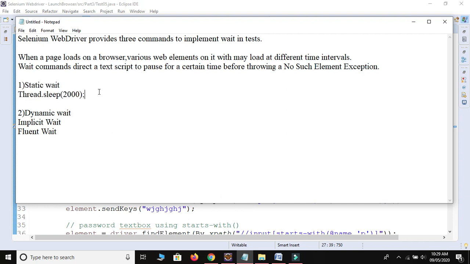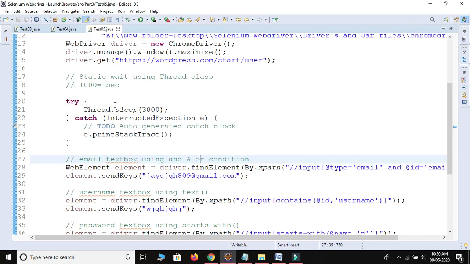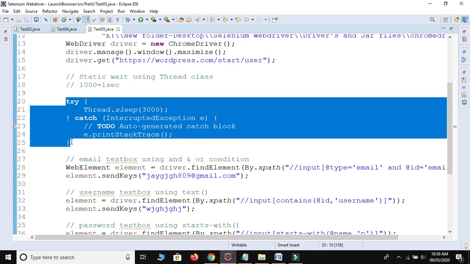To overcome this, we have dynamic waits also, which change depending on the situation. We first see implicit wait. If you provide implicit wait for 20 seconds, and your element is found in only 2 seconds, then the remaining 18 seconds will be ignored. It will not wait for the 20 seconds. If your element is found in 10 seconds, the remaining 10 seconds will be ignored by your script. So the question is how to provide implicit wait in a script.